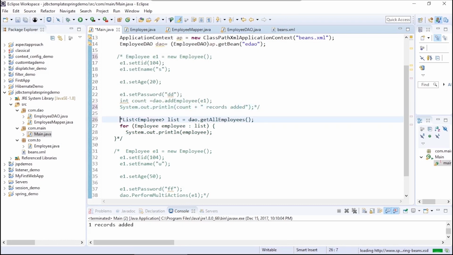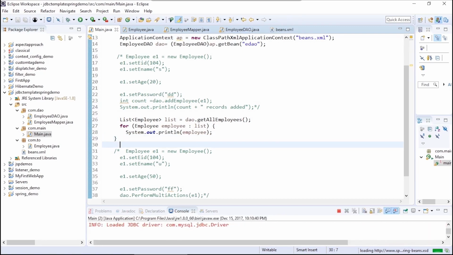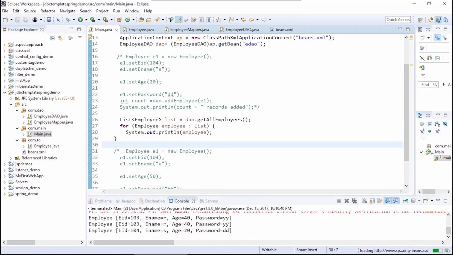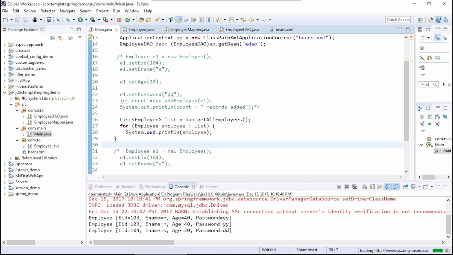So here I will uncomment this. So here we are saying get all employees, for employee in the list, and simply print out the employee information. And there you see the employee records, 3 records that we inserted are successfully printed.